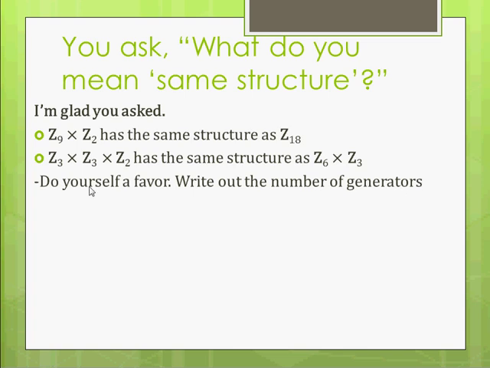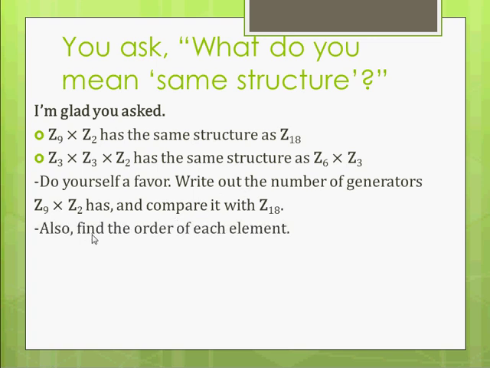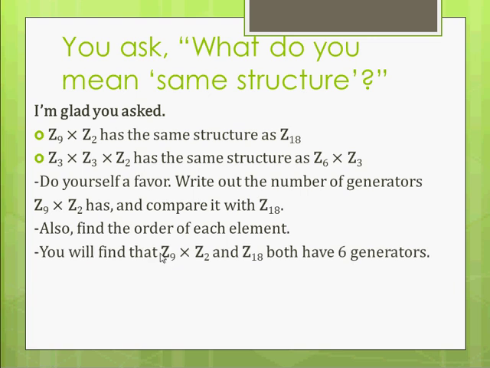Write out the elements of Z9 cross Z2. Go ahead. There's 18 elements in Z9 cross Z2. 0, 0, 0, 1, 0, 2, sorry, not 0, 2, 1, 0, 1, 1, 2, 0, 2, 1, and so forth. So there's 18 elements, and there's 18 elements in Z18: 0, 1, 2, 3, all the way up to 17. Find the order of all of those elements, and find the number of generators, and find the order of each element. You will find that Z9 cross Z2 and Z18 both have 6 generators,